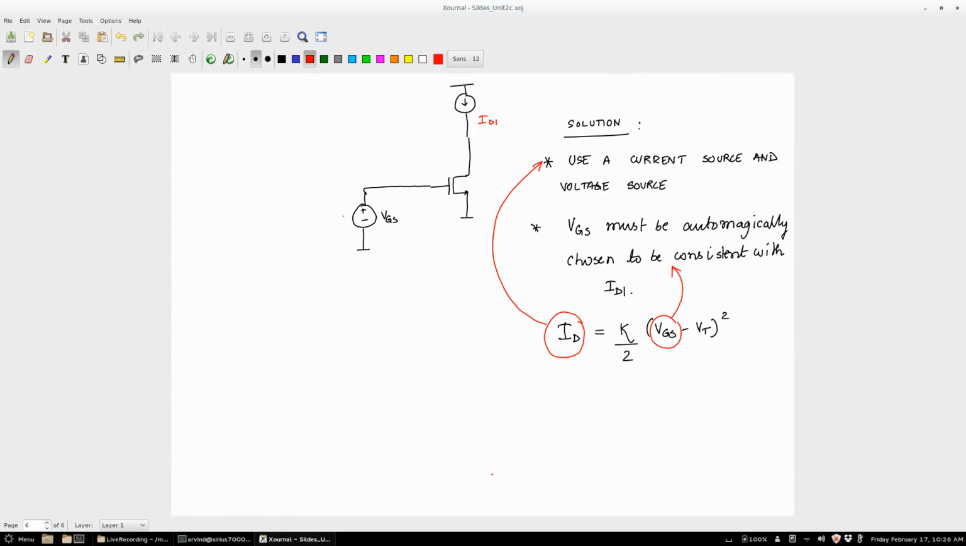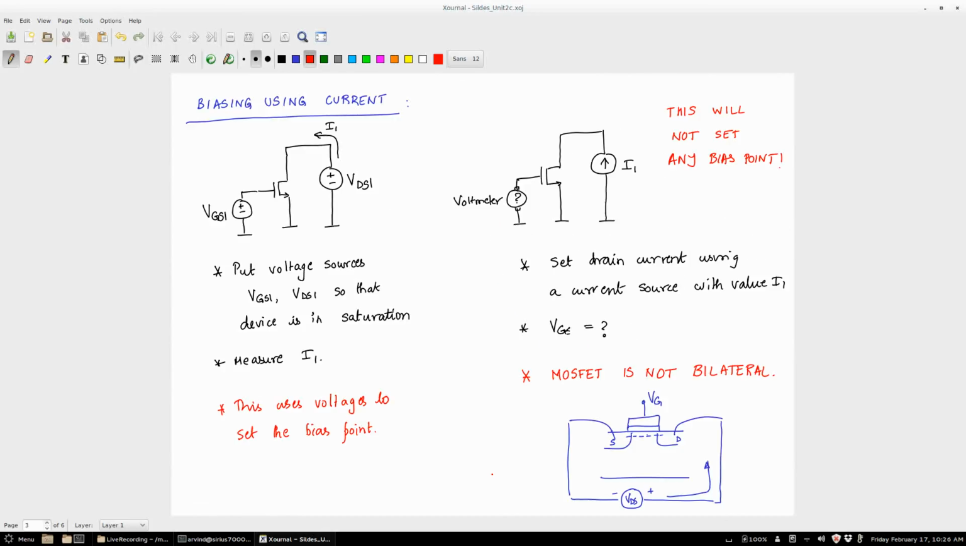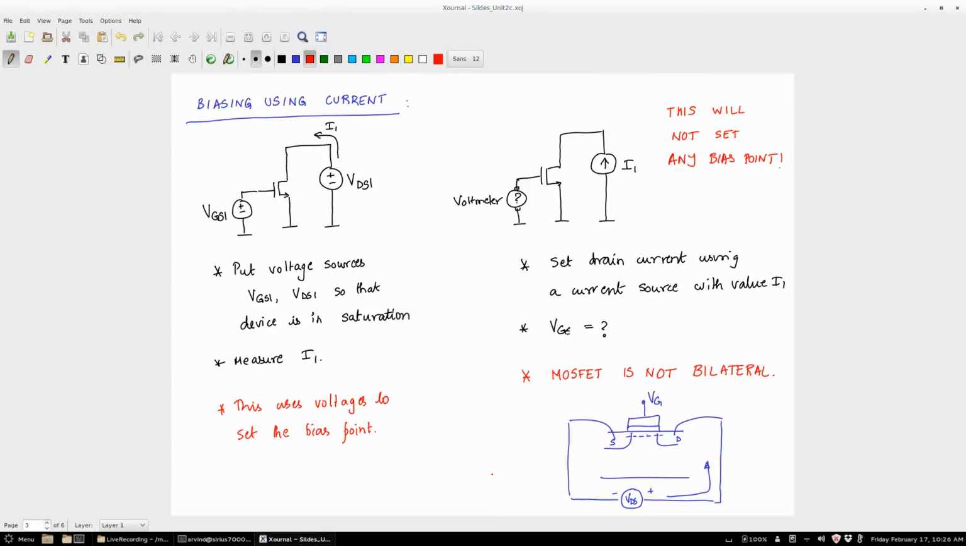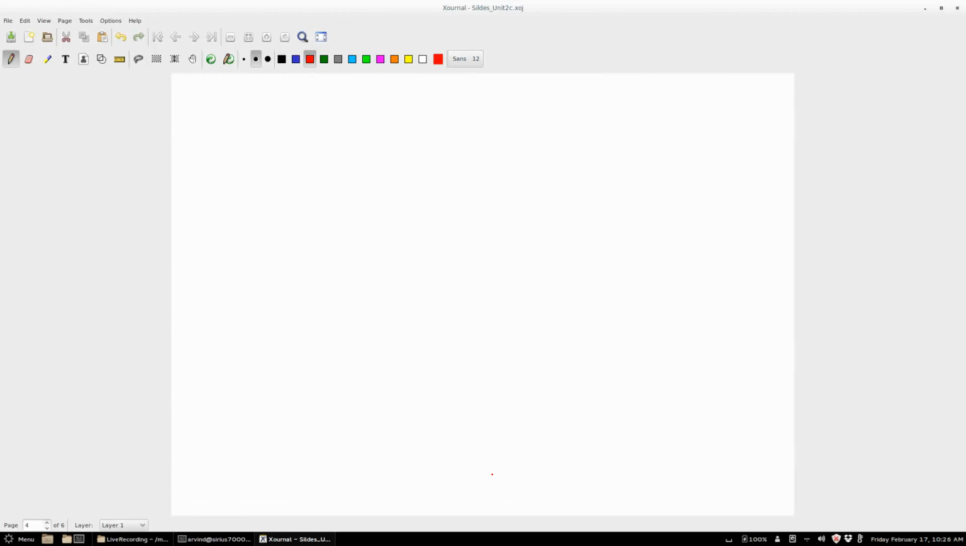So we found out first that it's better if we set the bias point using a current rather than a voltage. Now we are trying to see how we can set the bias point using a current. We ruled out just using a current source. If you use just a current source, the device will not turn on at all. Right? Because the device is not a bilateral device. Bilateral device means something like a resistor. In a resistor, if I take a resistor,